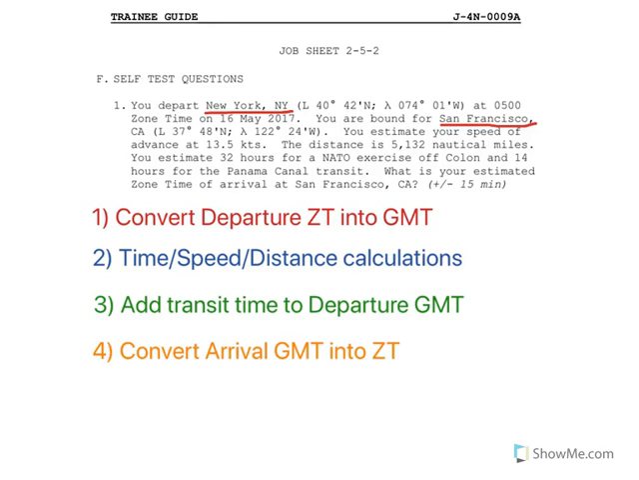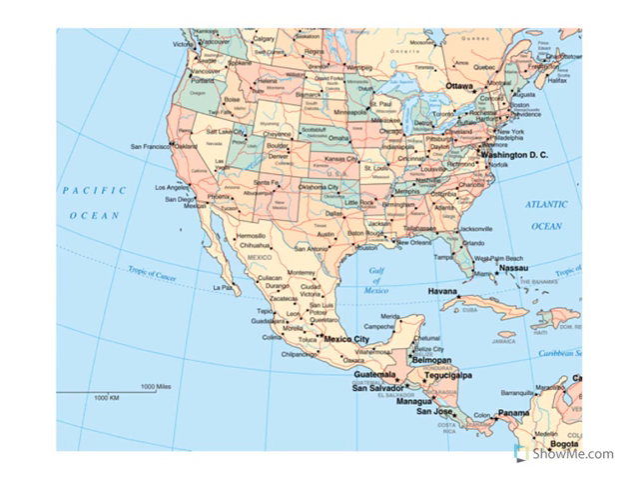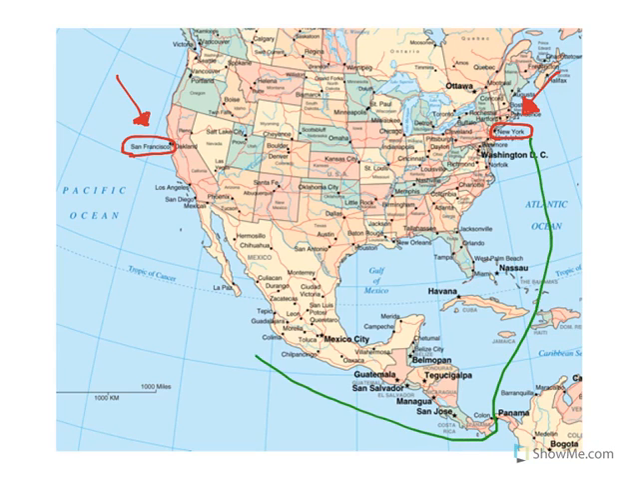And before we jump in, let's take a look conceptually on a map of where we're going and what our voyage will look like. Here's a map of North and Central America. So we'll be traveling from New York City on the East Coast, and we'll be traveling to San Francisco, California on the West Coast. And our voyage will look something like this. We will start in New York, travel south, go through the Panama Canal, then head back north, and finally arrive